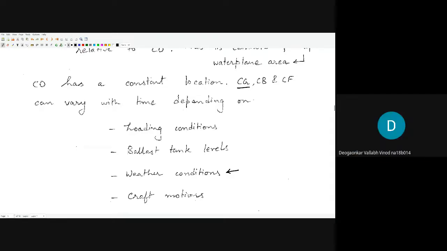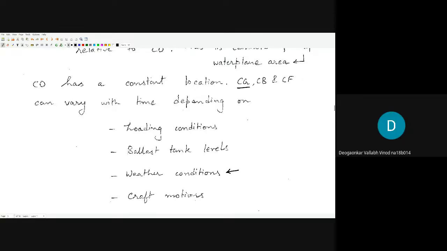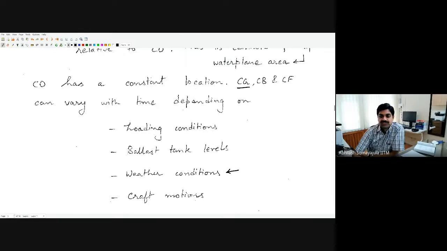No, it cannot change with time, based on the weather. But as time is progressing over a voyage, can the CG level change? Yes. Why can it change? Fuel consumption. Correct. Because we are using up the fuel, some of the mass is gone from there, so the location of CG can be subject to change over time. Now, due to the weather,